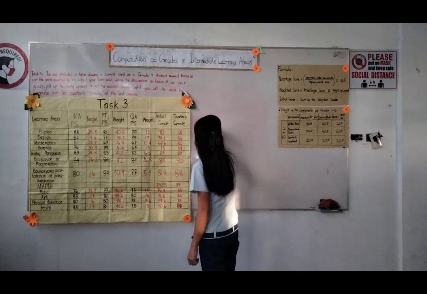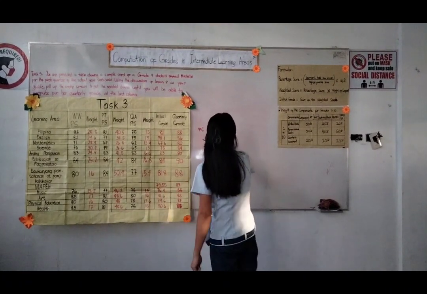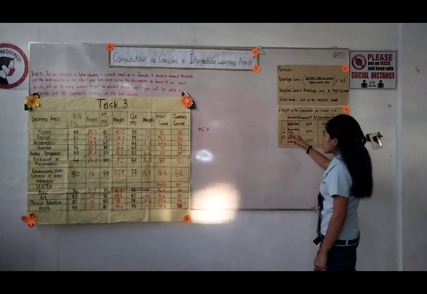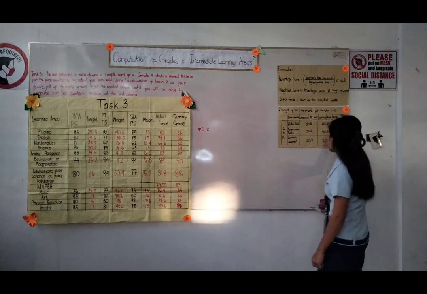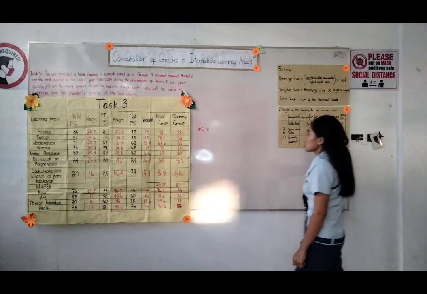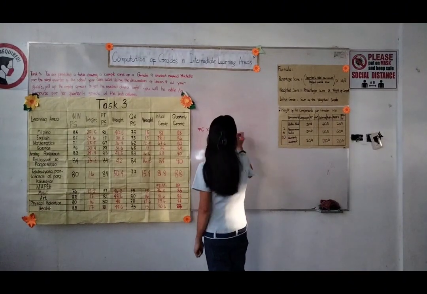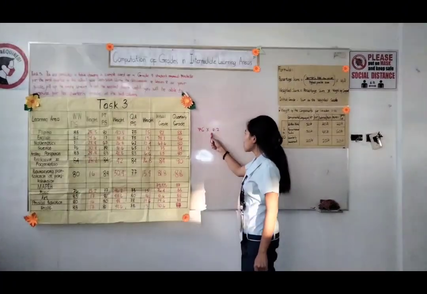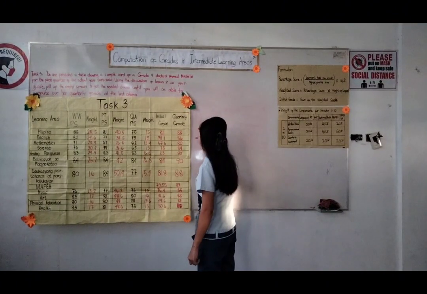So 76 times the weight of the components in Music written work, which is 20%, converted to decimal is 0.2. So 76 times 0.2 is equal to